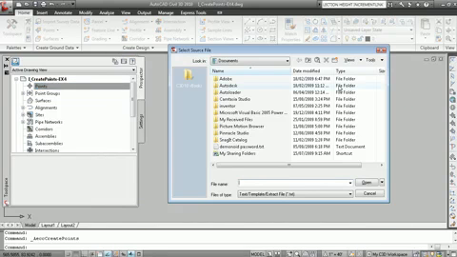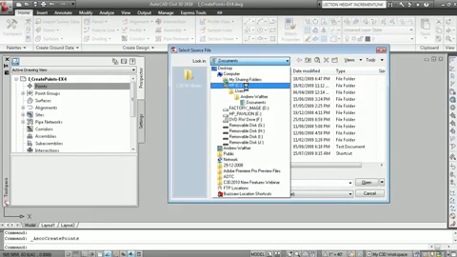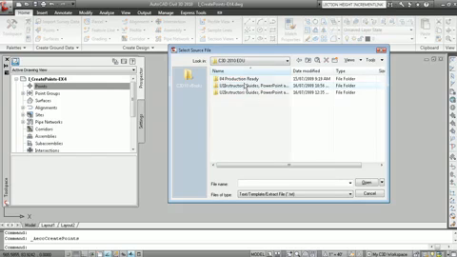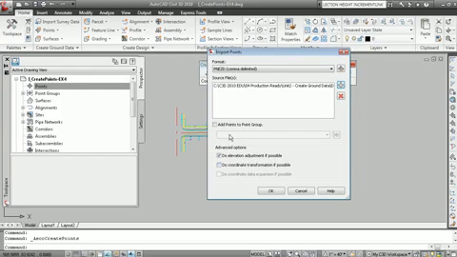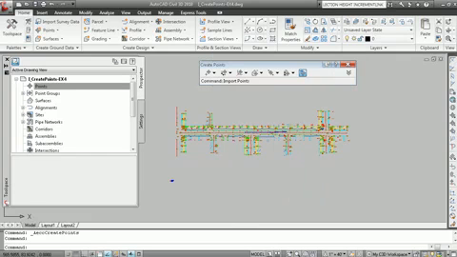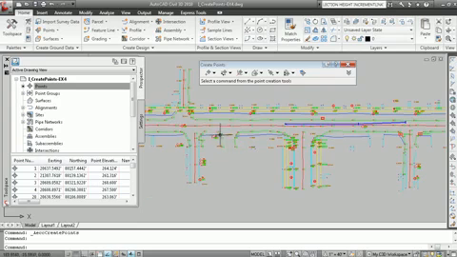And we can now go access that file, and we'll go back to C drive and into the working folder, and we'll just bring in topo points. We can add those to a point group if we like right now. Click OK, and those points are now inserted to the drawing,